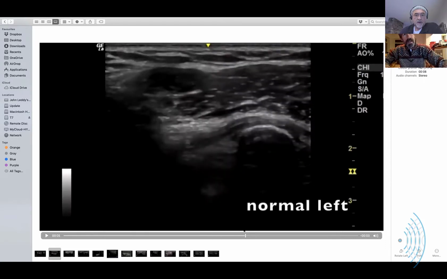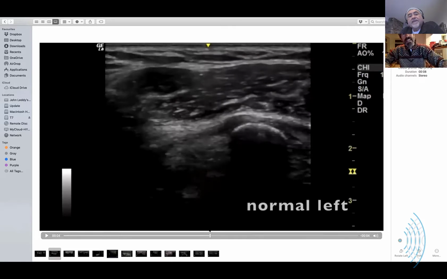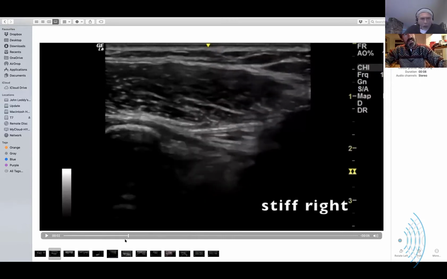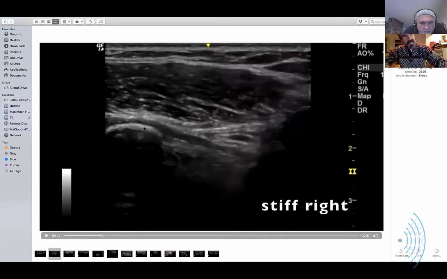so his pec minor attaches into his coracohumeral ligament and it's dynamic. Using the coracoid as a pulley-like system. Yeah, almost. But when you go back to the other side, you see that as you move it, that is attached. So this is a variant, and these are two forms of that variant. On one side, they are contiguous but attached to fixed at the coracoid. On his other side,